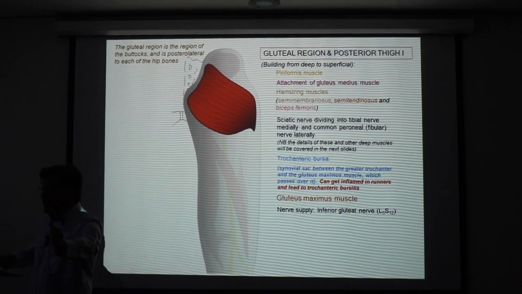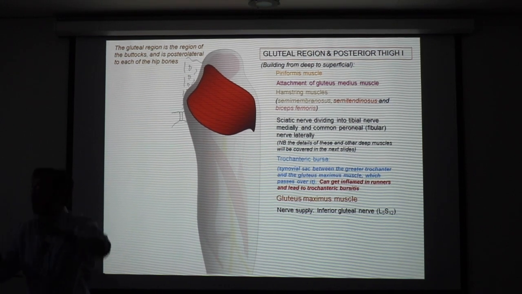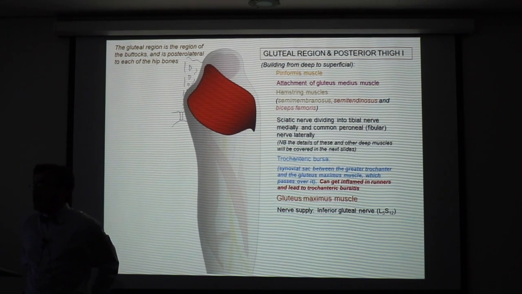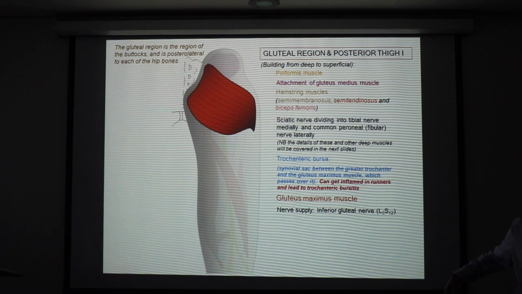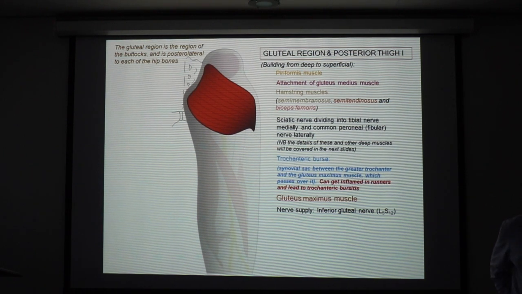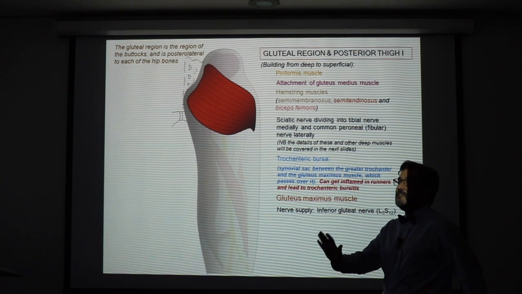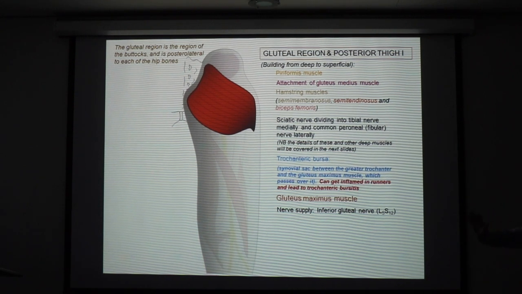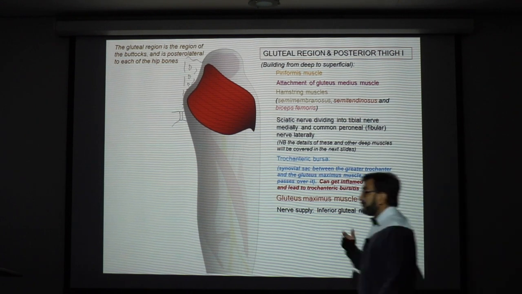But in running or in extremes of positions, when you are standing up, climbing the stairs, or moving from down up, you are using your gluteus maximus. It extends the hip at the extremes of movement. So during running or standing up from a sitting position, you have your gluteus maximus working. But when you are walking normally, your gluteus maximus is not contracting. It's the hamstring muscles, the semitendinosus, the semimembranosus, and the biceps, which are the major muscles. That's why,